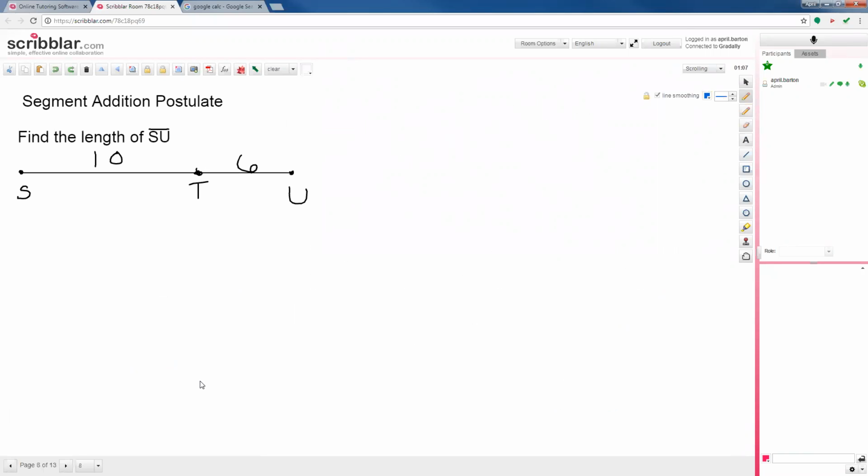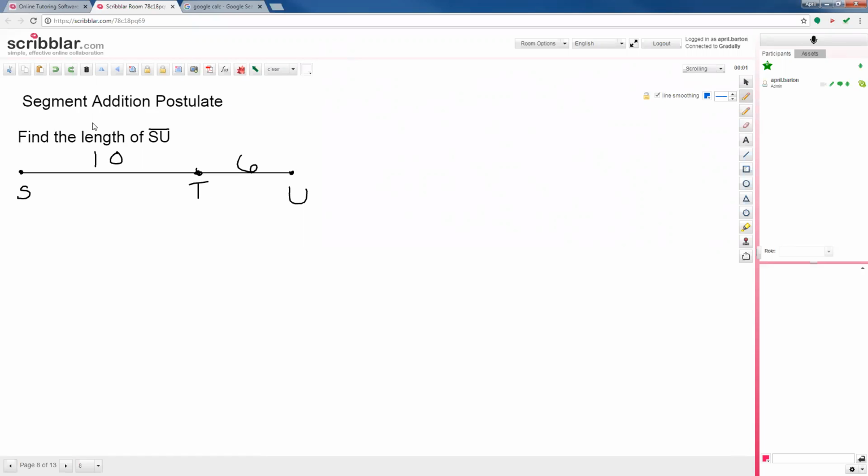So segment addition, this is from our first quarter of geometry. If you're in Algebra 1, you'll probably have to take geometry at some point. If you're in financial math, you may or may not, depends on what credits you've already earned. That you would have to ask your academic coach. They're in charge of what actual classes you take because they know what you've already earned, and so they know what to put you in next.